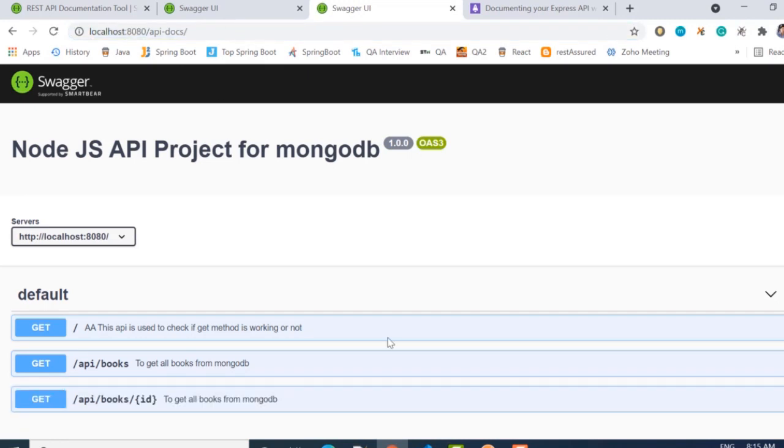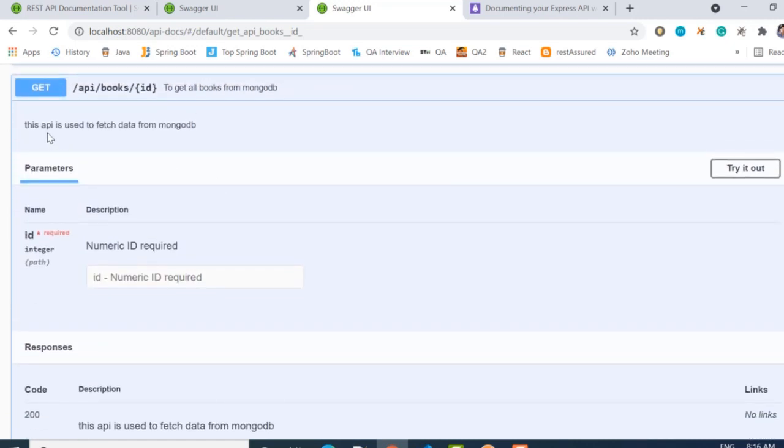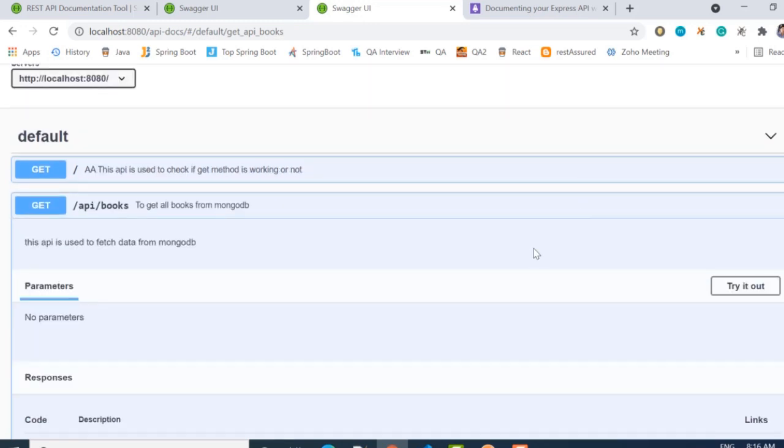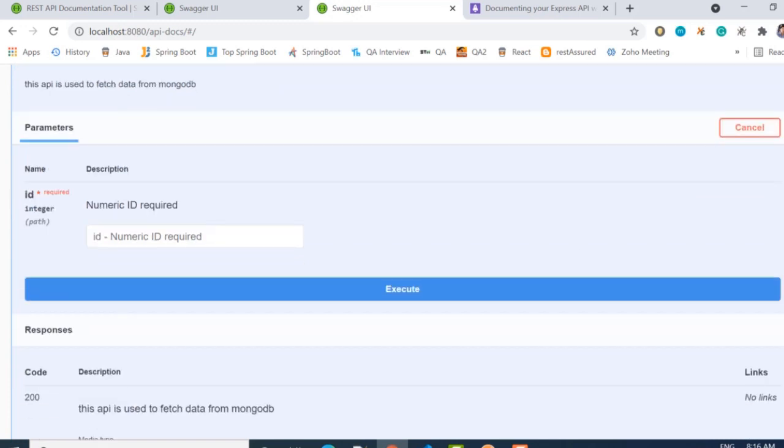Let's refresh it. Now here we can see that we have one more URL created, API/books and then ID. Once I click here, I should change the description for this, and then you can see now this is used to fetch the data. Here we have parameters. Under parameters now we have ID is type of integer, and this should be in the path. But if you see the other APIs, we don't need any parameters, but in this case we need parameters. So let's try out, and we can give the